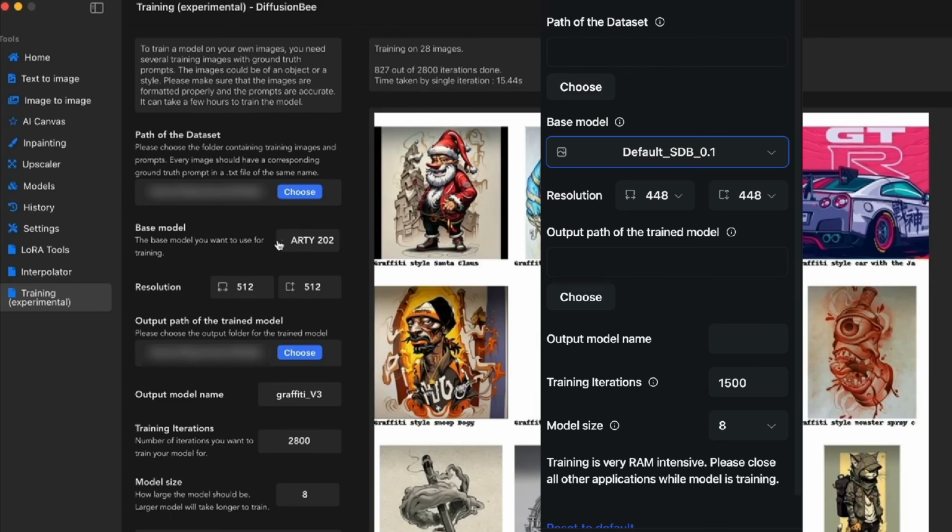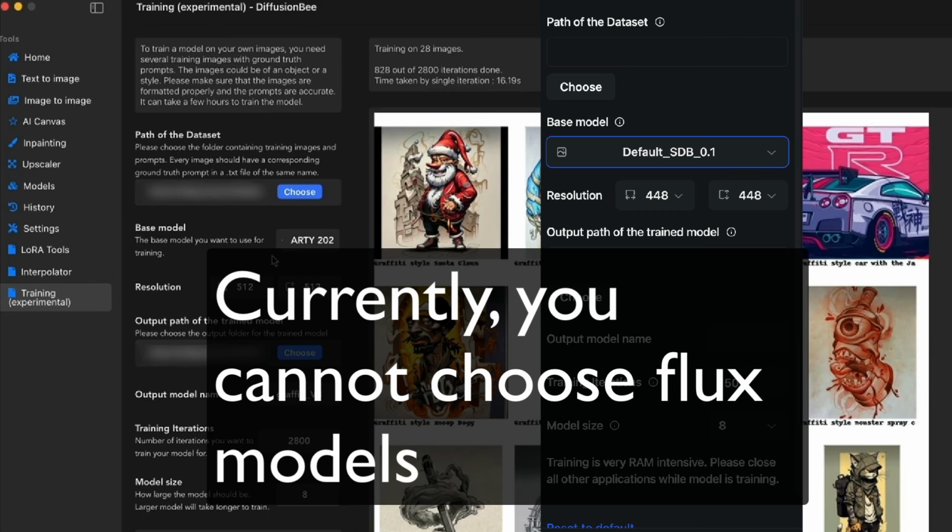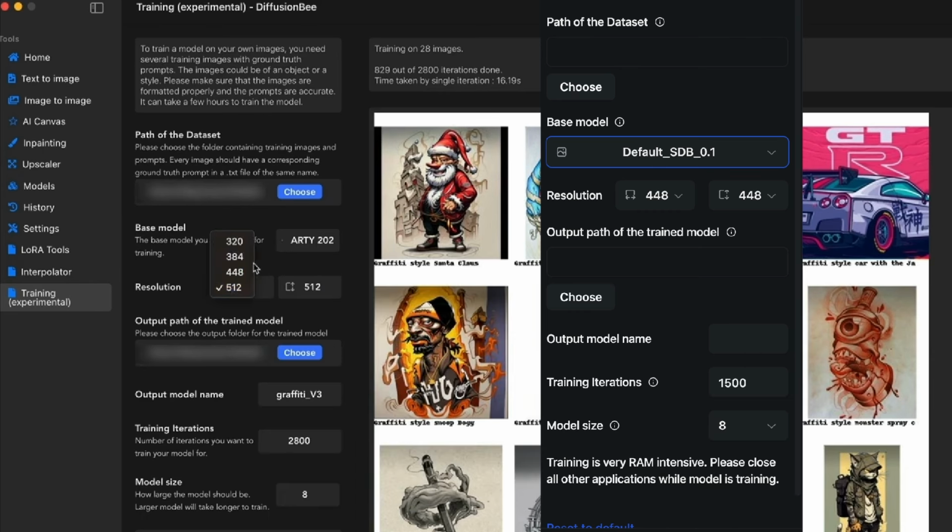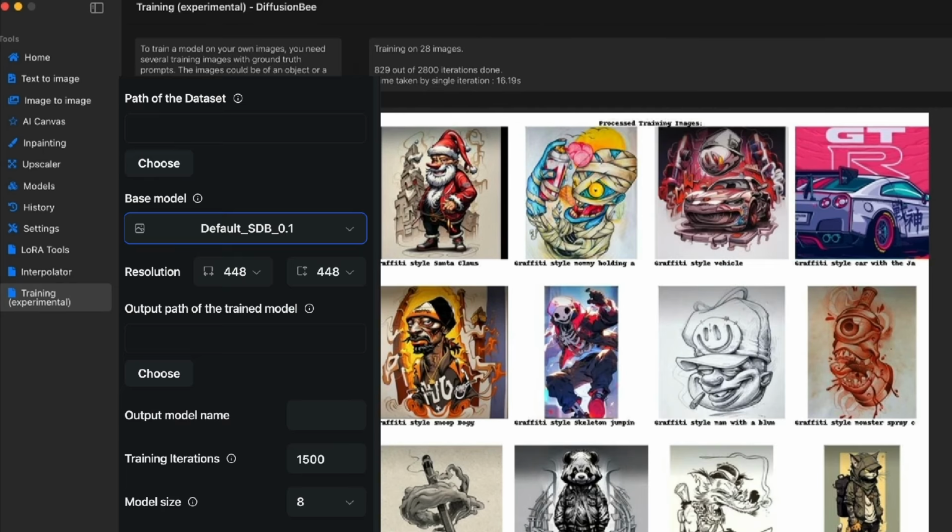You can use essentially any model you can import into DiffusionBee as your base model. So I just use one of my old ones, and I'm keeping the resolution at 512. Oh yeah, by the way, that's the highest resolution you can train currently. So this would be like your base level Stable Diffusion models, that's the 512 by 512. So I chose that setting, and then